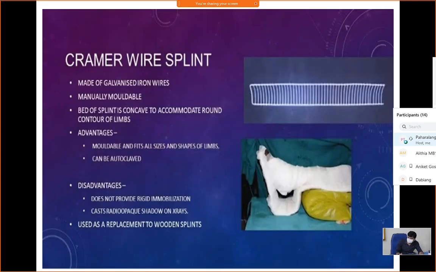You can see in the picture here that for the lower one, the heel is hanging. They have molded the splint just like a U, and after that posteriorly there is an extension of that. This U is to keep the heel off the splint. If you keep the heel directly over the splint, there will be pain after 2-3 hours in the heel, and it will be very discomforting for the patient.